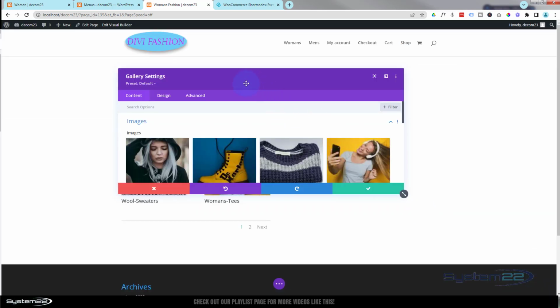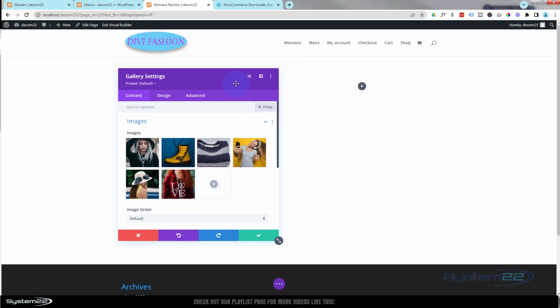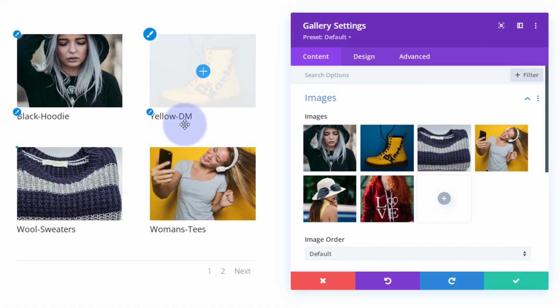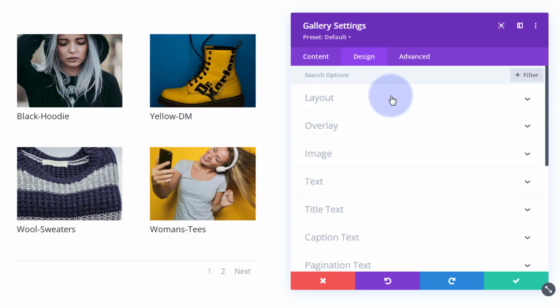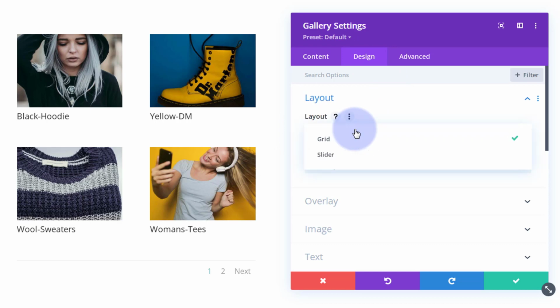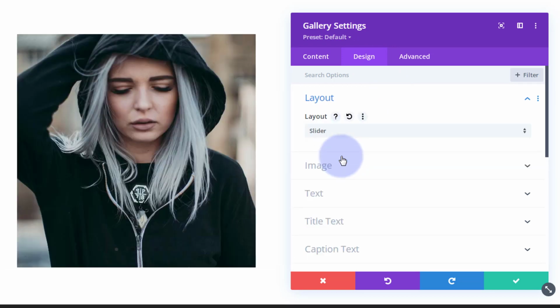Probably want to showcase whatever product or category it is you've got going on there. I'll move this out of the way. I want a slider, so I really only want to see one image. So I'm going to go over to Design, Layout. I'm going to change it from Grid to Slider. And I want it to automatically revolve around those